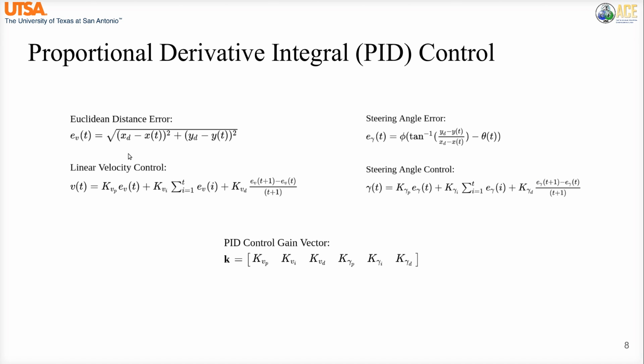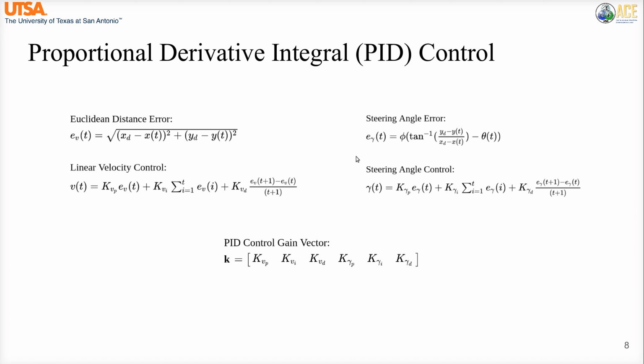So for the forward velocity, I'm using the Euclidean distance error. This is the Euclidean distance between the current target coordinate, so xd and yd, and the current coordinate of the UGV, so xt and yt. And in order to actually calculate the input v of t, you compute the proportional, integral, and then derivative. I should mention that this is a discrete time PID control law, because I'm working with a discretized system